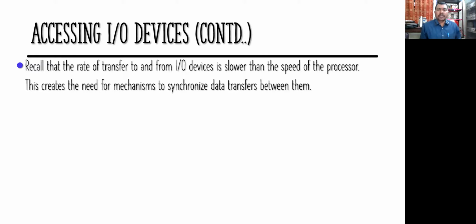So this creates the need for a mechanism to synchronize data transfer between them. The synchronization is very important, right? When I say, "Shall we start the class?" and you reply, "Yes sir, you can start the class," what is it? We are synchronizing ourselves. Unless you are ready, how could I start the class, or vice versa. If I am ready, I should know that you are also ready, or free for this class, right? So for that, the synchronization is very important.